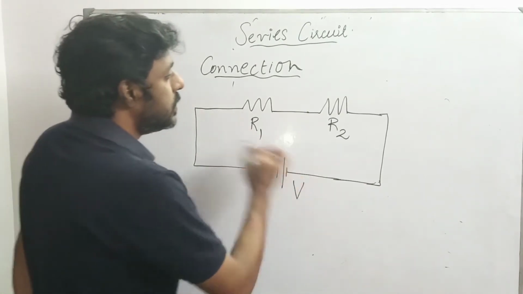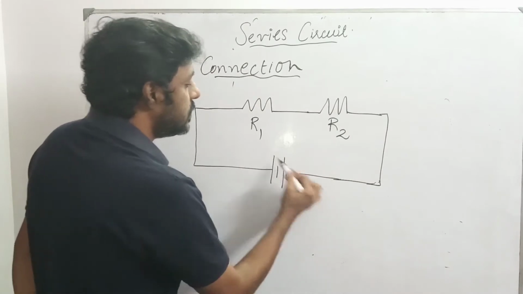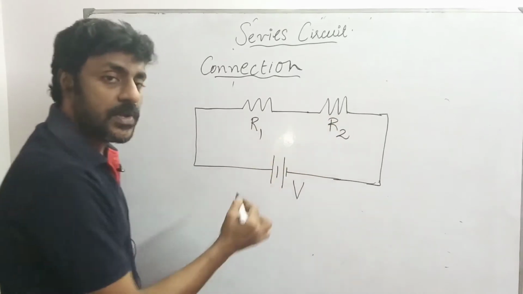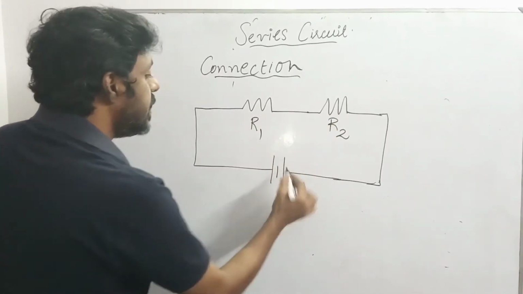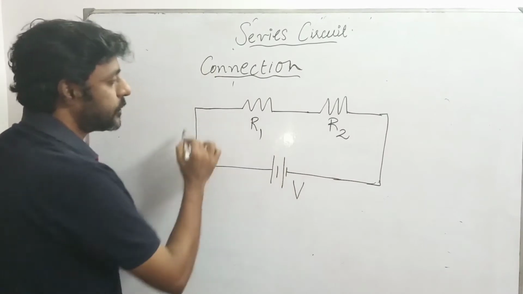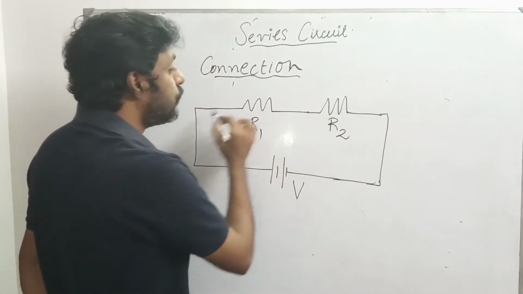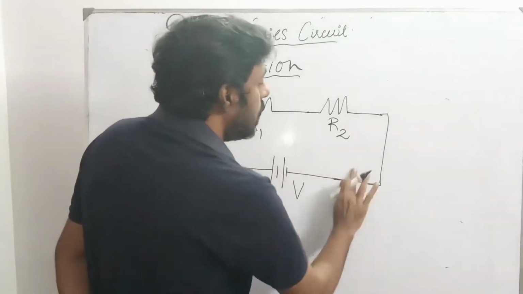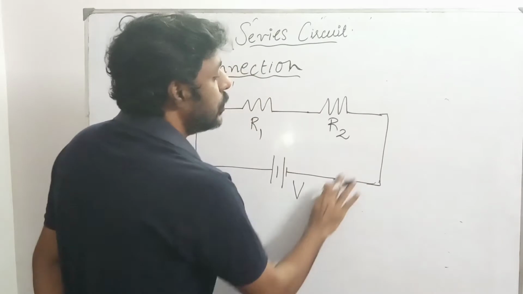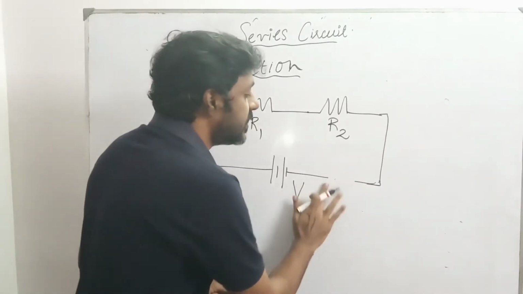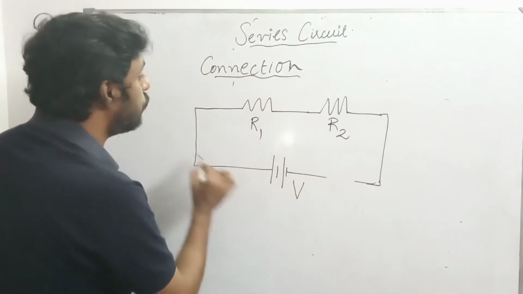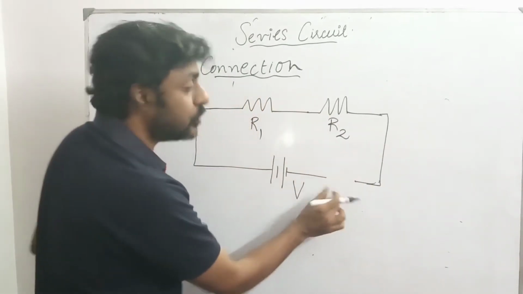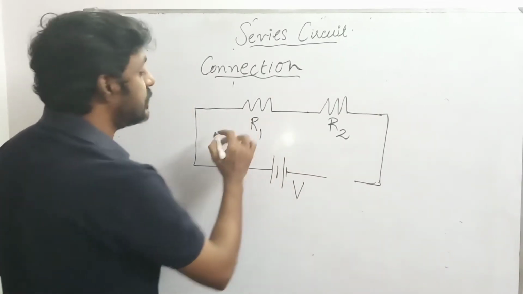Now I will explain the circuit. The circuit has two resistors of value R1 ohms and R2 ohms, and this is the battery. When the circuit is closed, you know that current flows in a closed loop. If there is a failure or a cut in this loop, meaning a gap, the current won't flow. The current will flow till this point, but it won't flow beyond it because there is a gap. So this loop will be inactive.